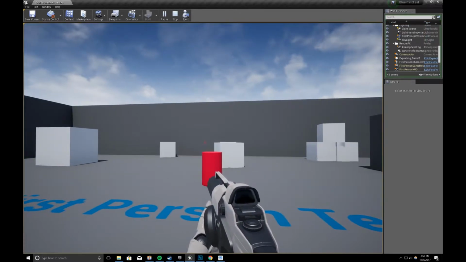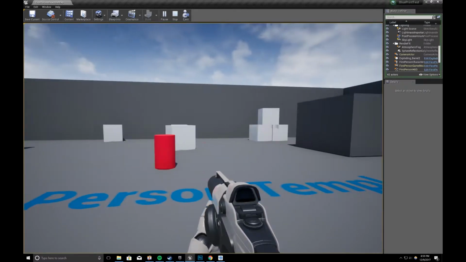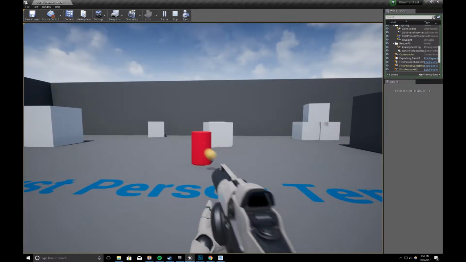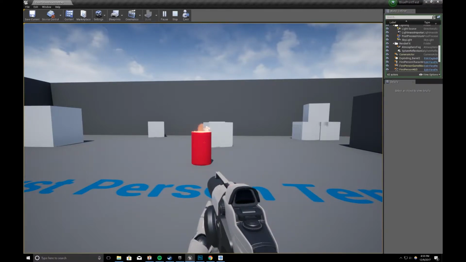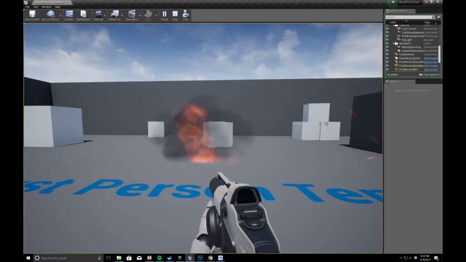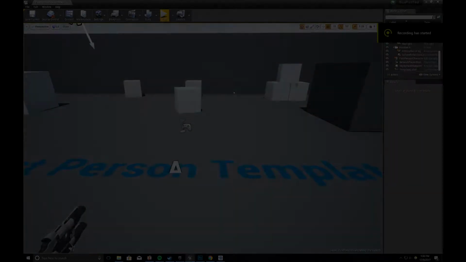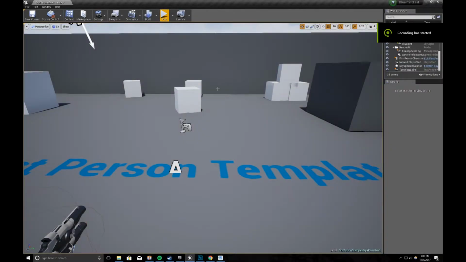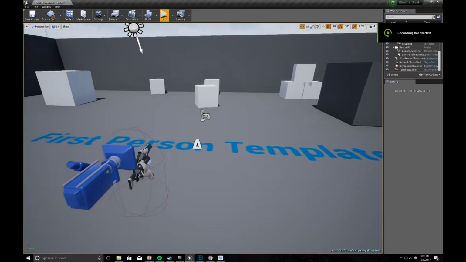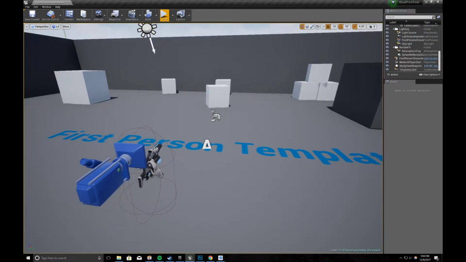In this tutorial I'm going to show you how to prototype an exploding barrel, like so. Pretty neat. So I'm going to show you how to prototype this blueprint. So let's begin. I have the first person template up and running, and as with every blueprint I'm going